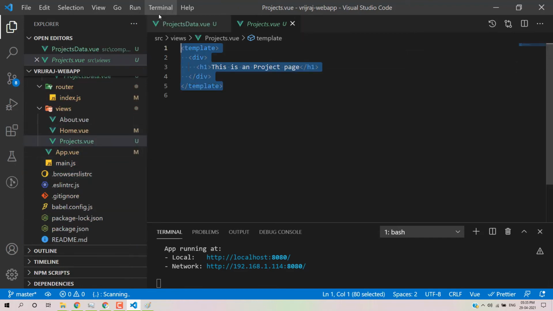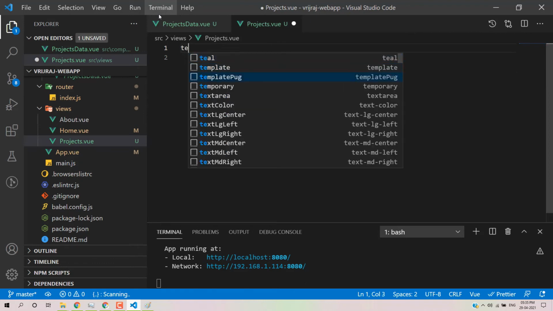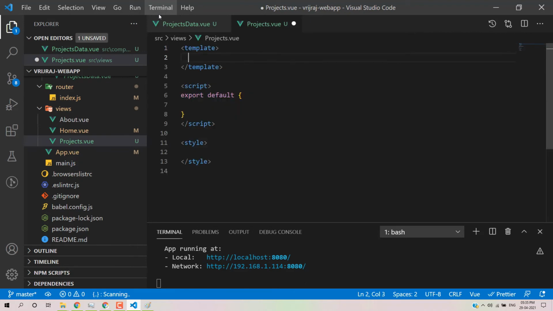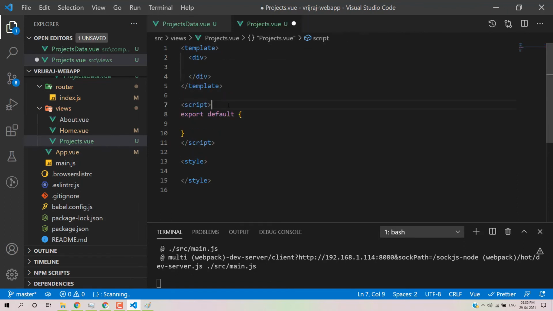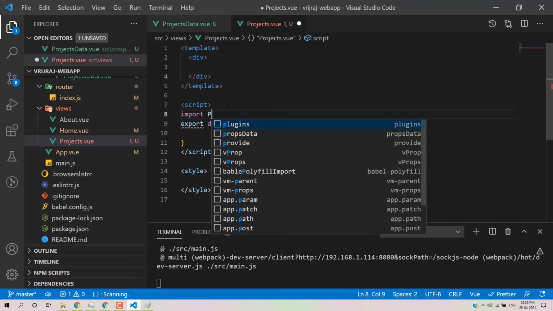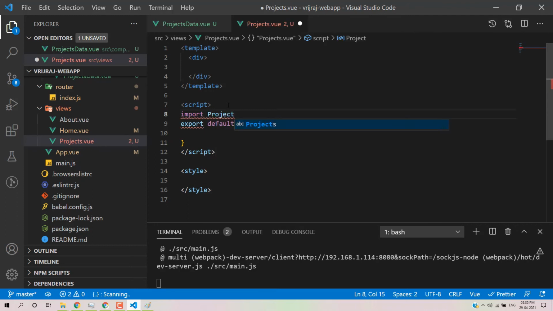So what I'll do, I'll just remove this one. I'll write the view component, and then we have a div section. Inside the div we will register the component first. How we can register the component, so we'll use import, and then we need to write projects data from the location.